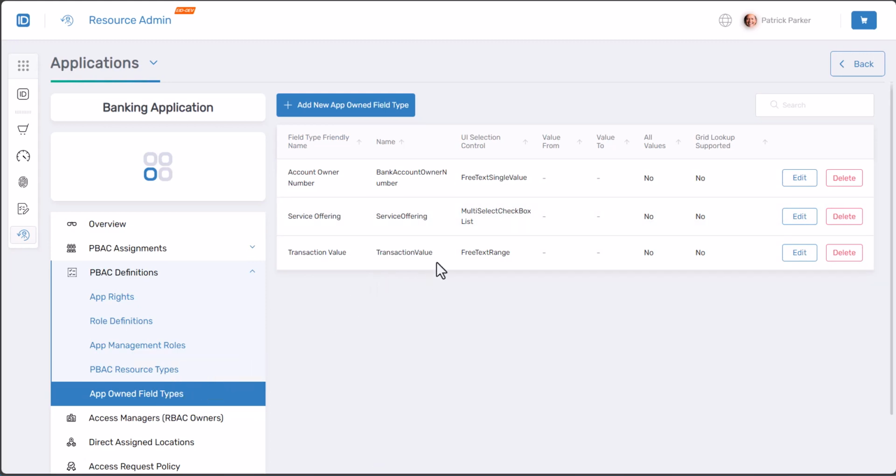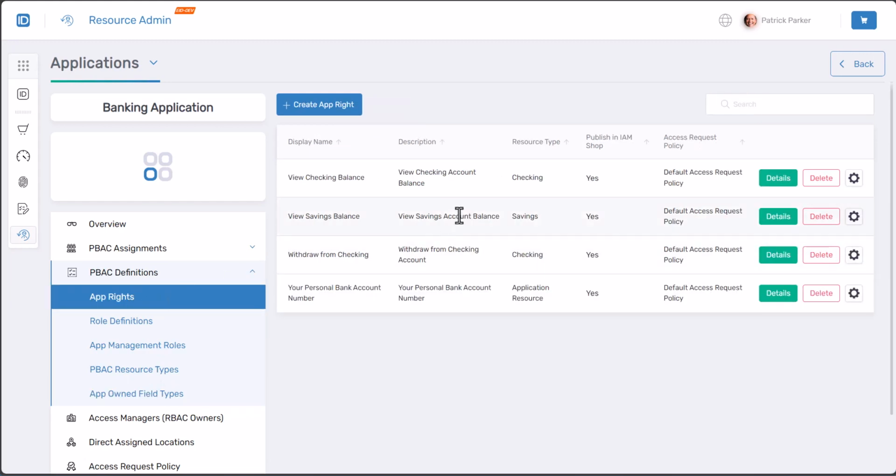types. And here we have service offering, which is one where you can say what type it is. A mortgage? Is it a car loan? So what type of service is it? And then maybe it's important in your rules for transaction value. How much are they withdrawing from checking? So these allow you to create these definitions, and then you can link them to the rights that need to